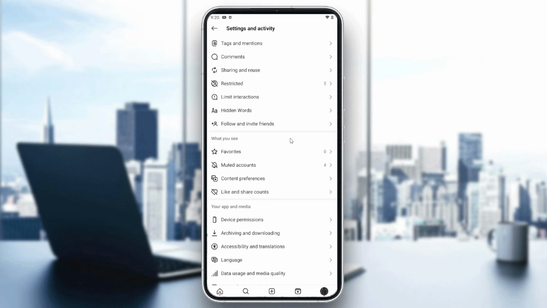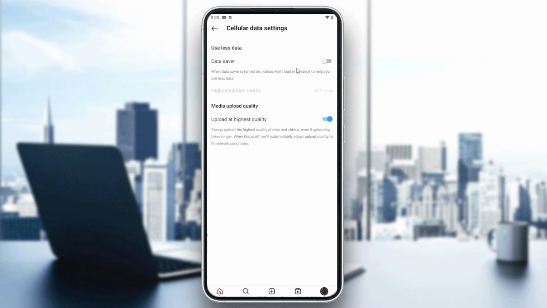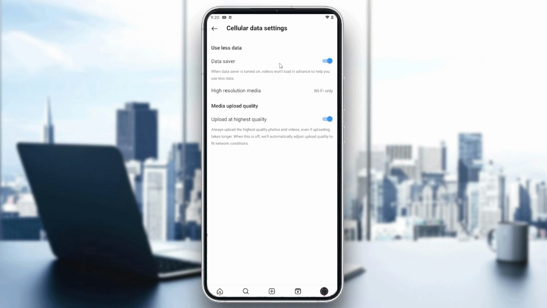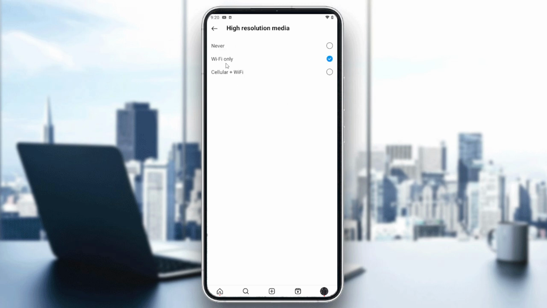And basically there are two ways. Either you can make sure that data saver is disabled, or you can have it enabled and make some exceptions. If you want your cellular network to have data saver mode on, you will need to click on Wi-Fi only, so you can have the highest quality only on your Wi-Fi network, and your cellular won't have